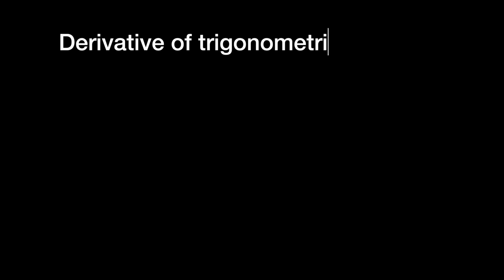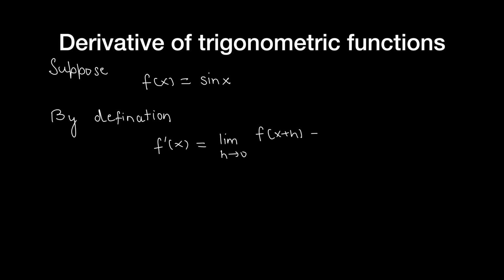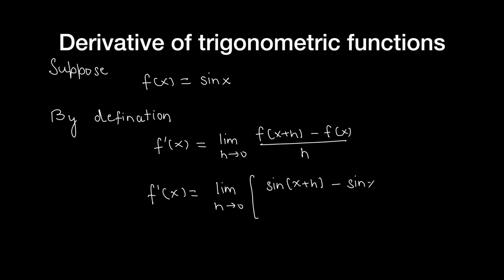Now let's try the derivative of a trigonometric function. Suppose I have f of x equals sine of x. By definition, I can write the derivative of f of x as f dash x equals limit h approaches 0 of f of x plus h minus f of x divided by h. So f dash x equals limit h approaches 0 of sine of x plus h minus sine of x upon h. We know sine a minus sine b equals 2 cos (a plus b) by 2 sine